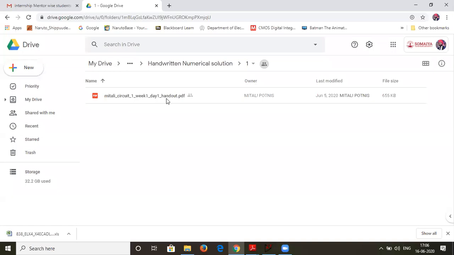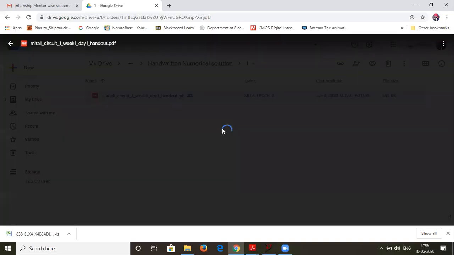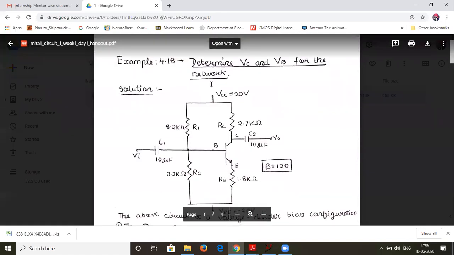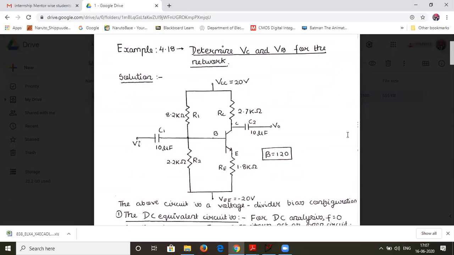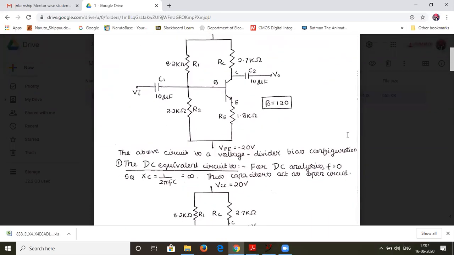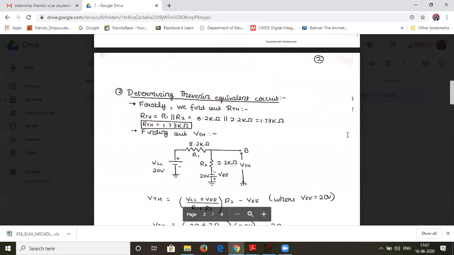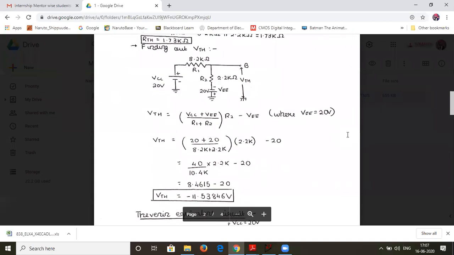So let me just open it up. So this is the general format. You can use your CamScanner. So you can write the example number and the page number and so on. The solution will include the circuit diagram. This is just a reference. Yours might be different. And the solution. So whatever it requires to solve a numerical, you have to adjust it.